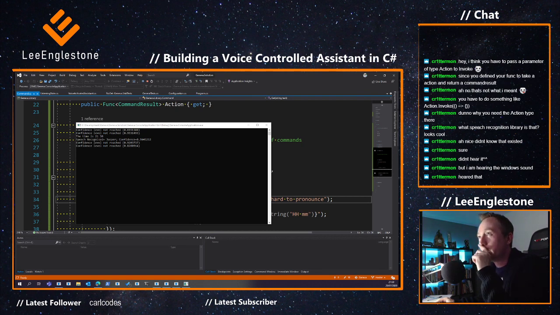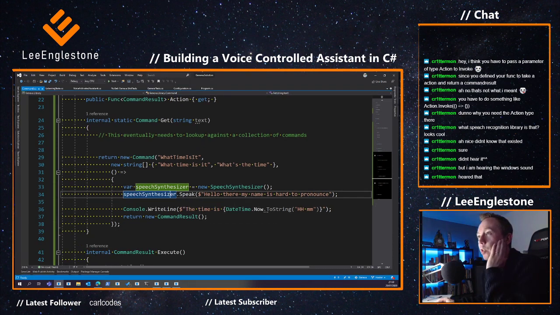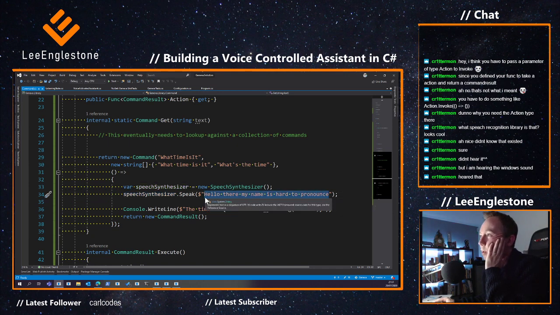As we go on from this, obviously I'm going to be getting it to say more and more things, so I will have to figure out how to do that. What you will notice is that it was quite a robotic voice as well, and I've got a couple of ideas to challenge that. If I know what it's going to say, if I've got canned responses like good morning or good afternoon or you've got mail waiting for you or something, then I've actually had the idea of hiring a